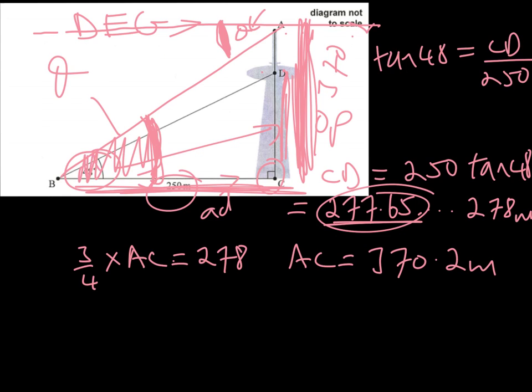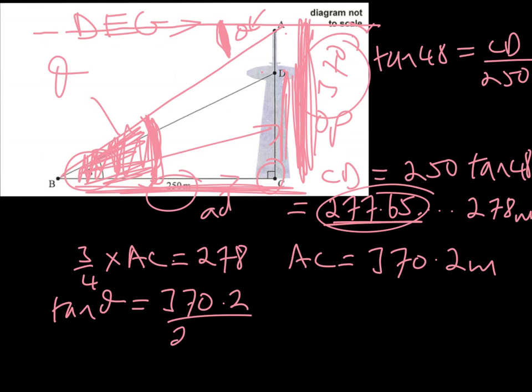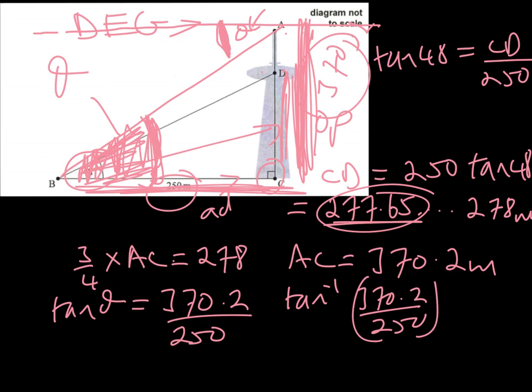So this whole angle here, relative to this angle here, we have got the opposite. So we're going to say tan theta is going to be the opposite, which is the height of AC, which is 370.2, divided by the adjacent, which is 250. If we want theta, we are going to have to take the inverse tan of 370.2 over 250, which gives us an answer of